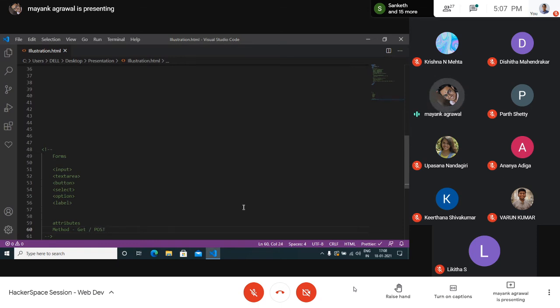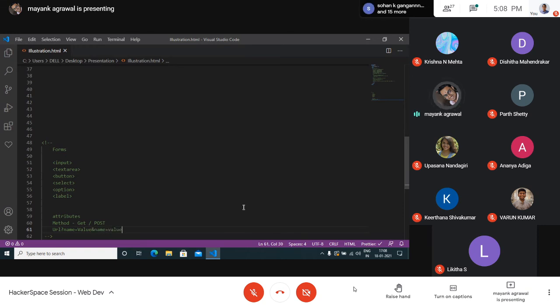When you use the get method, whatever data the user has entered gets added to the URL as a name value pair. It gets added to the URL in the form of the URL, then a question mark, then name equals value, and then name equals value.